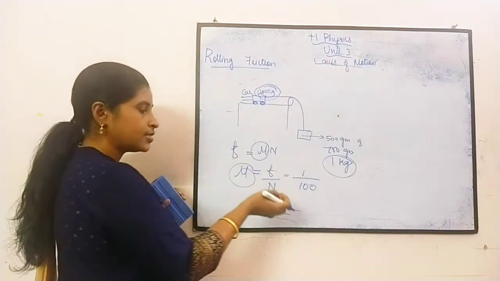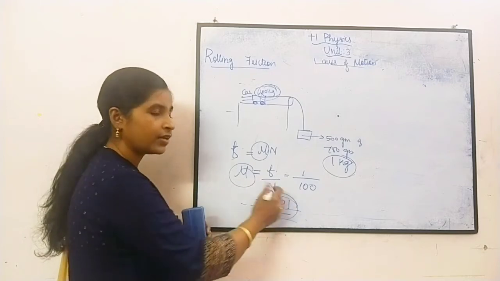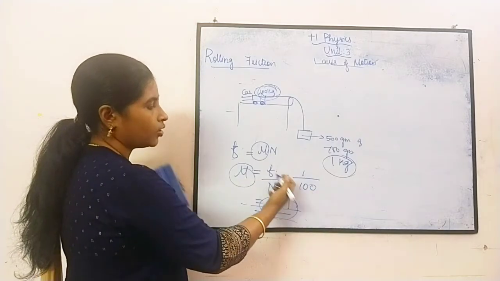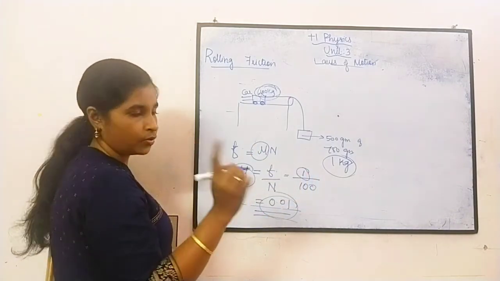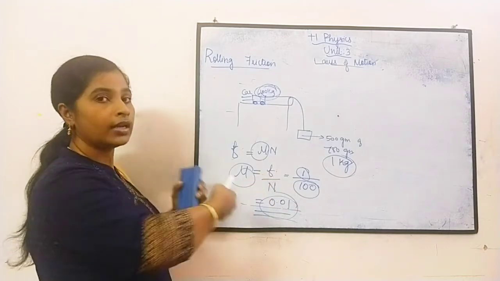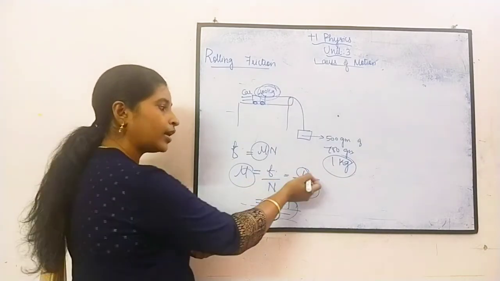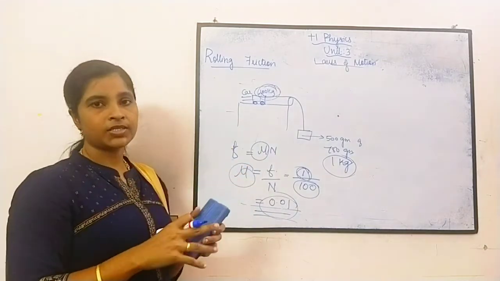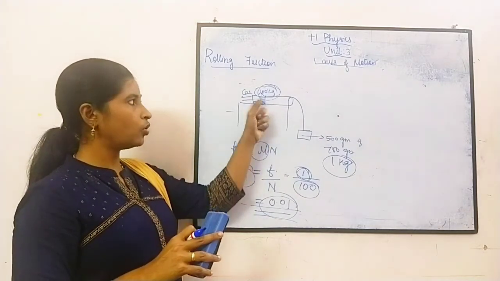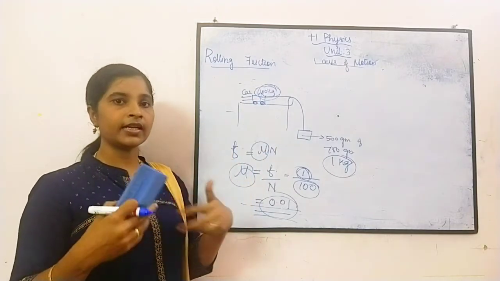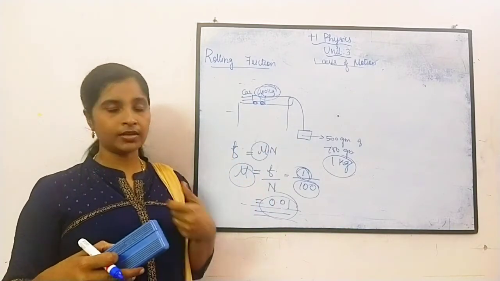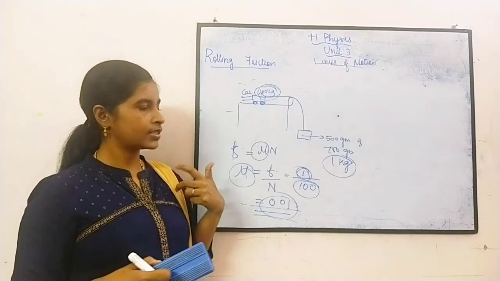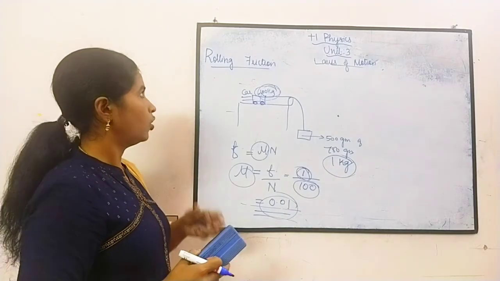So for rolling friction the coefficient will be very less. Friction coefficient is very less, so the force we need is only 1 kg. To lift or pull this 100 kg, I need only 1 kg of mass. This is one of the applications of rolling friction. When there is rolling, we can move anything easily. Reason: the coefficient of friction is very less when compared to sliding or static friction. I hope you could understand it.